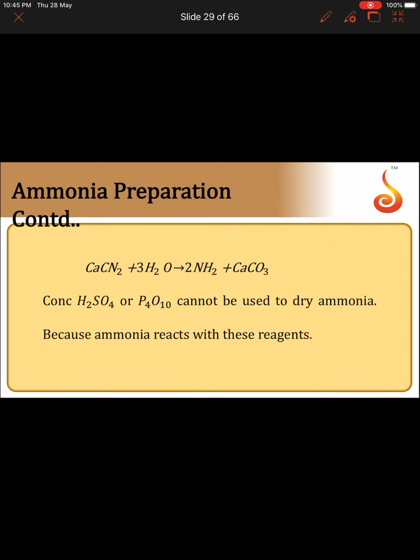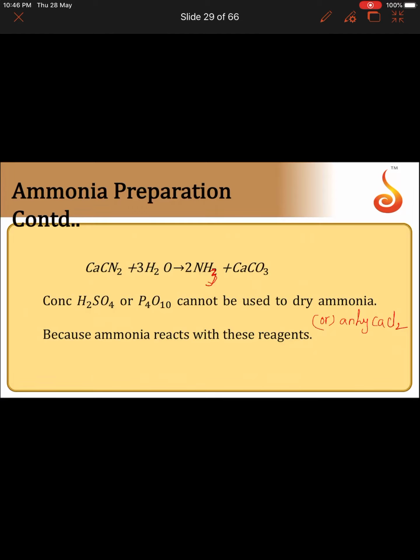Calcium cyanamide reacts with H2O to form ammonia and CaCO3. Here it should be NH3. And the ammonia formed here cannot be dried by using either concentrated H2SO4, or P4O10, or anhydrous CaCl2,